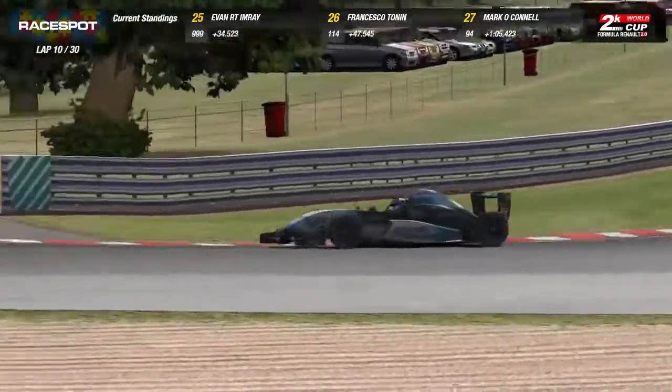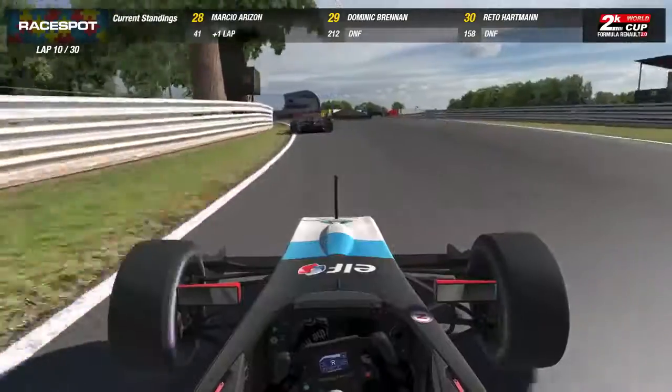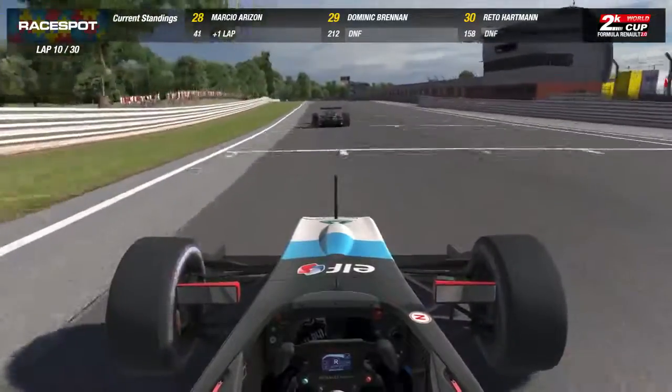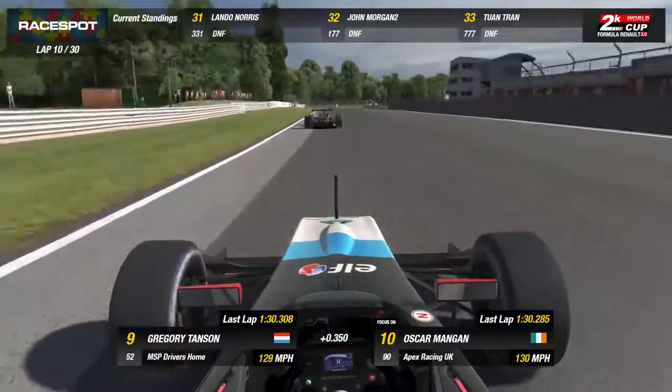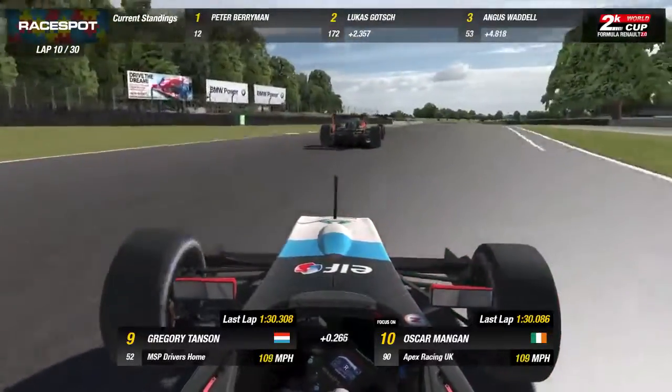I don't think he's quite comfortable here, Will, because I've seen it a couple of times. He's had a couple of wiggles out of a couple of corners. Yeah, and of course, for some of these guys, this is not the only car they race. Transitioning backwards and forward can sometimes be tough. On board with Mangan once